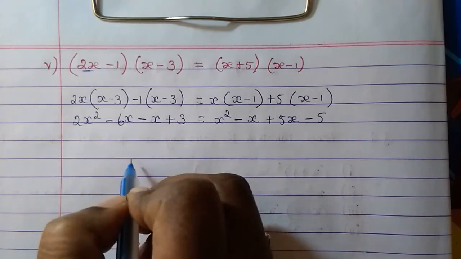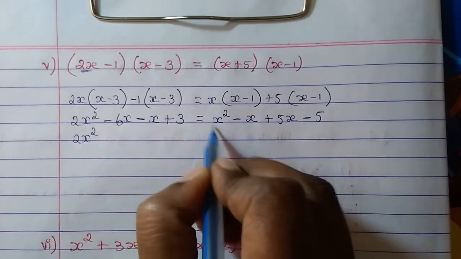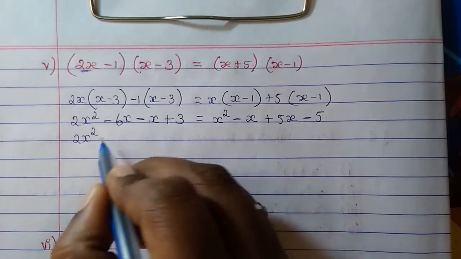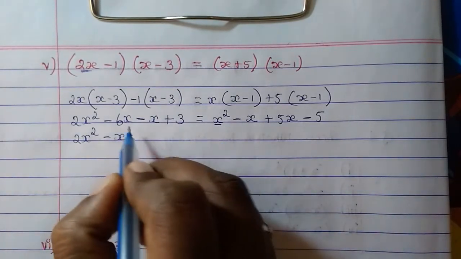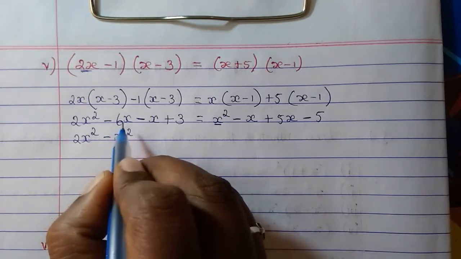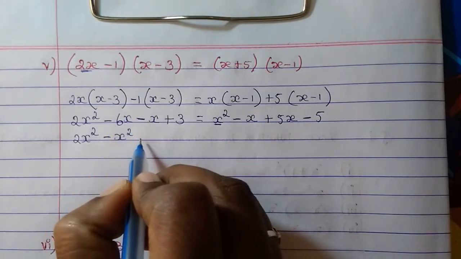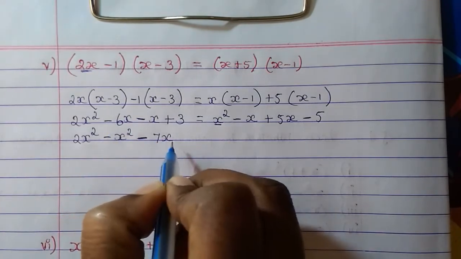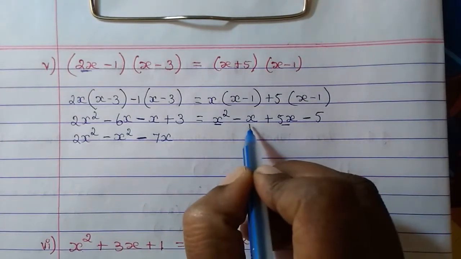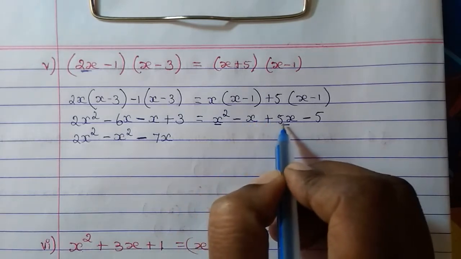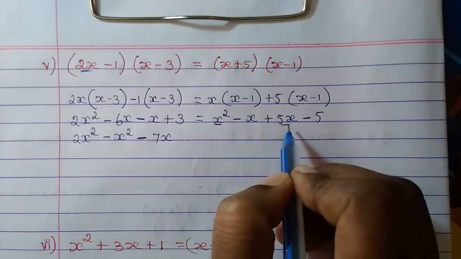So now all the x we will bring to one side. So we have 2x square here. And here you have x square in plus. When it comes here it becomes minus, so minus x square. So this has come already this side. Now here what we have is minus 6x and minus x. So minus 6x minus x will give us minus 7x. Now here what are the x we have? Here we have 5x, here we have minus x. So from 5x, if you subtract 1x, then we will get 4x.